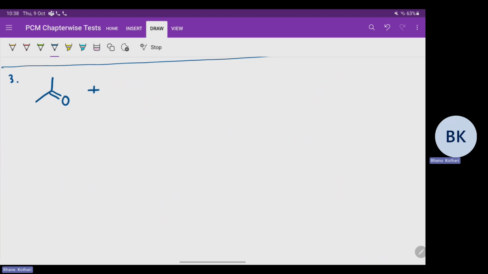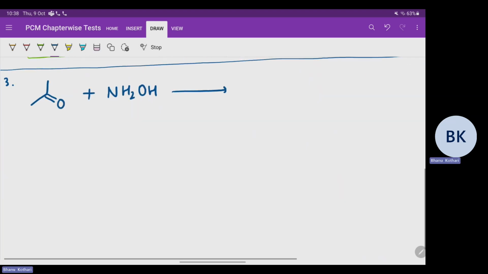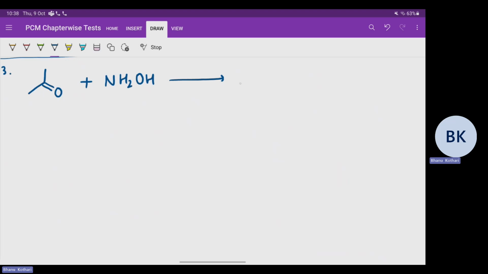If you react it with H2NOH, what is this reaction? With hydroxylamine, the carbonyl compound gives us an oxime as a product. The product will be a double bond NOH, right? And after formation of this particular oxime, when you react it with LiAlH4, which is a strong reducing agent,